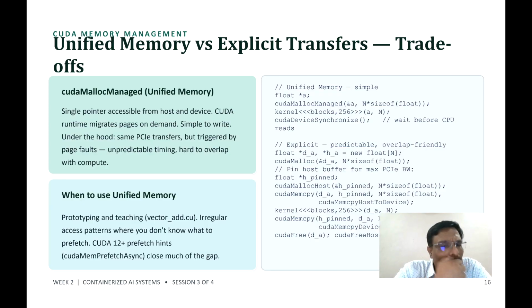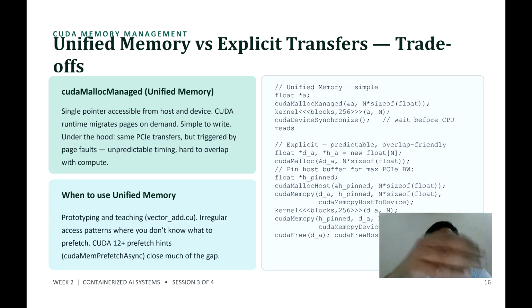And then we also have certain irregular access patterns wherein we don't know what to prefetch. CUDA 12 plus basically has prefetch hints, wherein there is this concept of a cudaMemPrefetchAsync type of operation, which closes much of the gap. But before CUDA 12 plus, we did not have this concept of prefetch hints. So there is this concept of trying to understand and trying to see certain optimizations done before we can